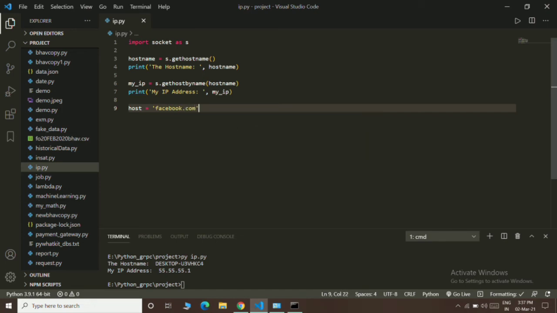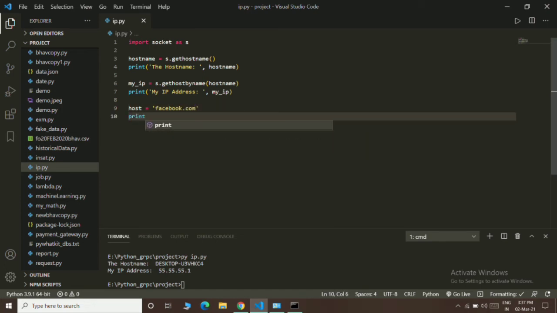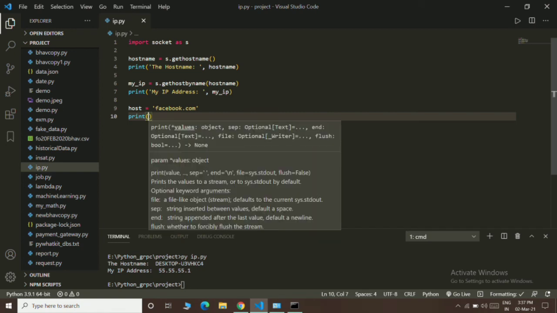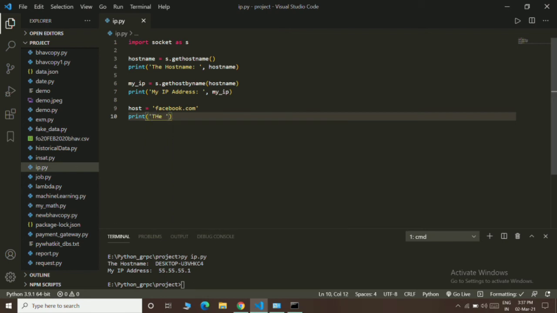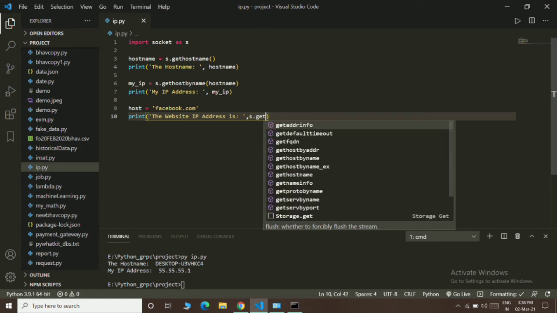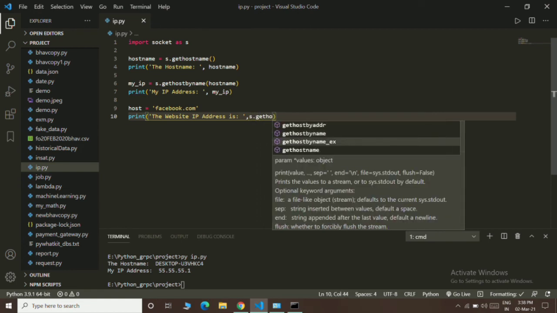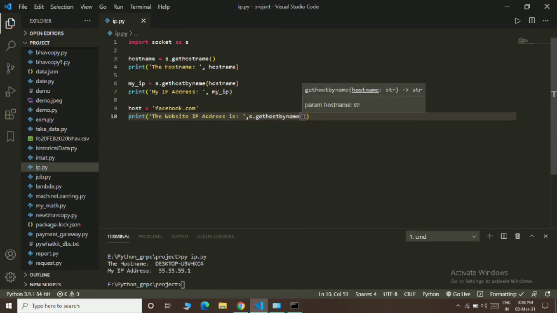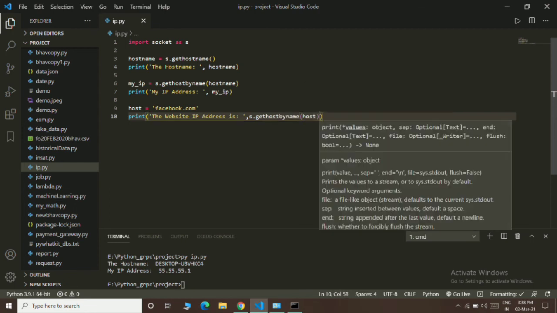Inside the print function, the website IP address is colon, comma s.gethostbyname. The gethostbyname method takes the host inside it, and now run the code.